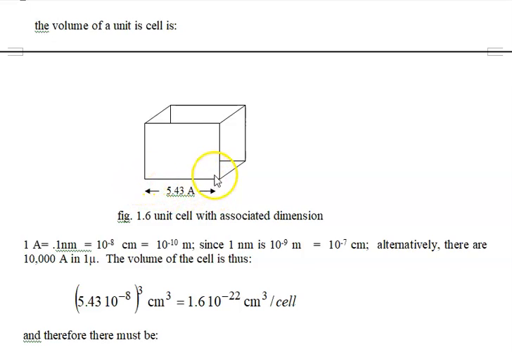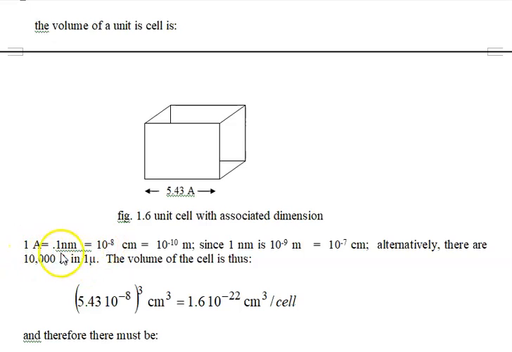Silicon here, silicon there, silicon there, silicon there. There's 8 silicon in this cube, and the distance between the silicon atoms is 5.43 angstroms. 1 angstrom is 0.1 nanometer. In other words, there are 10 angstroms in 1 nanometer. Thus, the